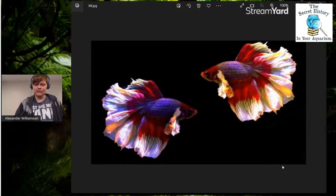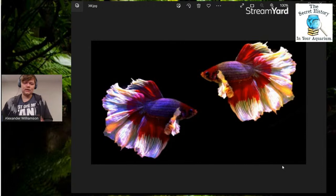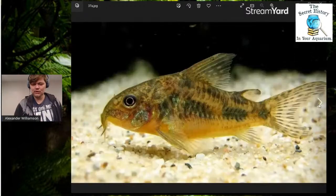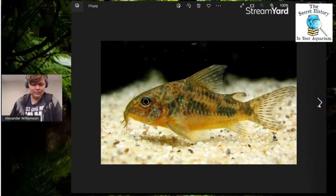But again, you start seeing just crazy color variation, and just about anything you could dream of now is in betta splendens, or the alien bettas that have the betta imbellis. And you've also got the betta splendens, probably a few other bettas crossed in too. And another one that's going to surprise some people, but by 1906, we've got the Corydoras paleatus, and that is